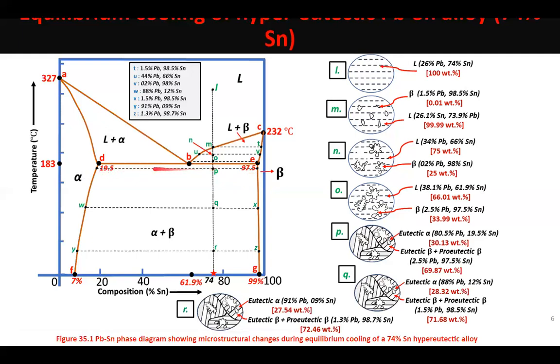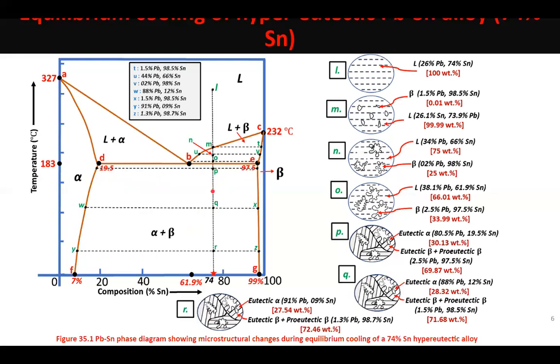So the alpha that has got formed because of the eutectic reaction is containing maximum tin in it, 19.5%. And the beta that has got formed because of the eutectic reaction is again containing the maximum amount of solute lead in it, 2.5%. And as now the temperature drops beyond point P, with lowering of temperature,